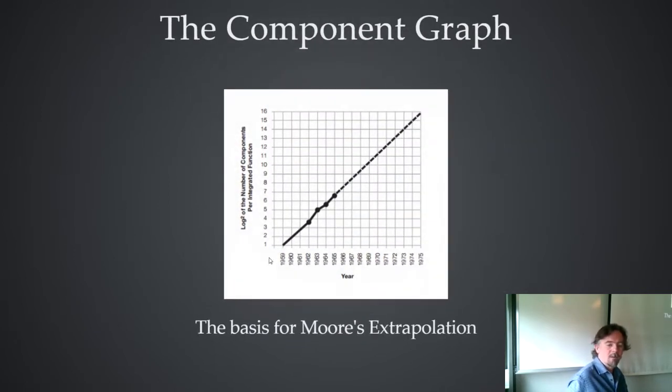There's another way of looking at that where you can just say for any given year, and the years are linear here, look at how many components you could fit on the chip, but again you use the logarithm of the component count. So this is like the 2 to the power value. So this 6 here means 2 to the power 6, which is, anyone know?